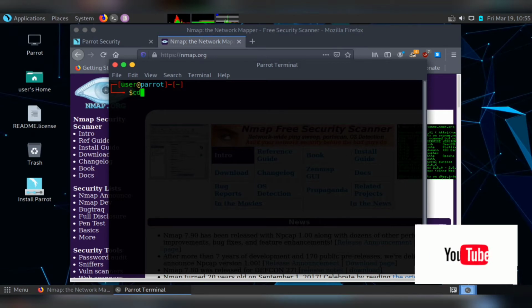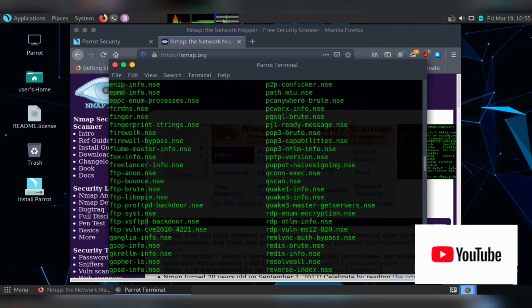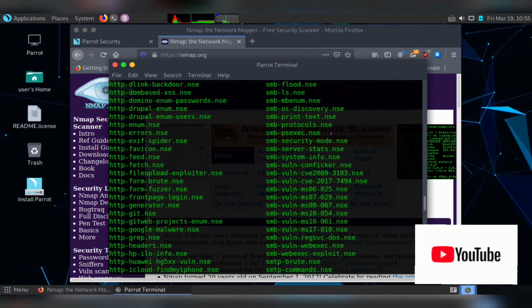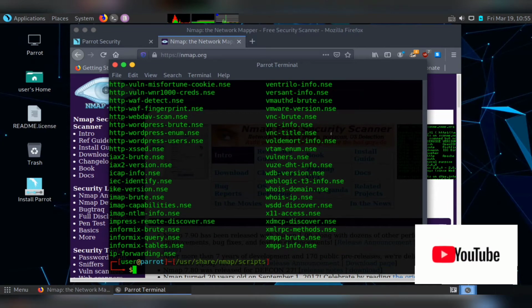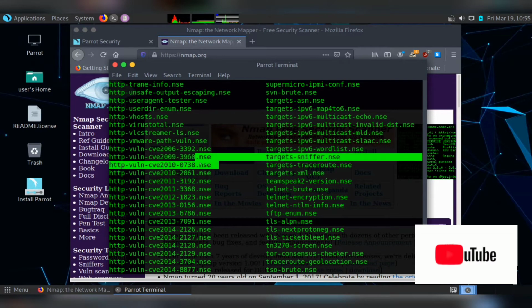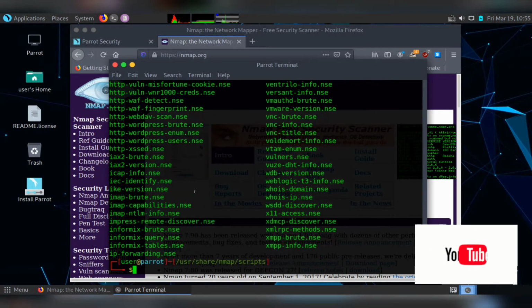If you go to your folder, cd /usr/share/nmap, and then to the scripts folder, when you run ls here you can see a lot of scripts present for Nmap. You can apply all these scripts to your test cases, go through them, and check for the vulnerabilities mentioned here. You can check for this HTTP vulnerability CVE. For this particular CVE, there is a vulnerability script present to check whether this vulnerability exists in your host or not.